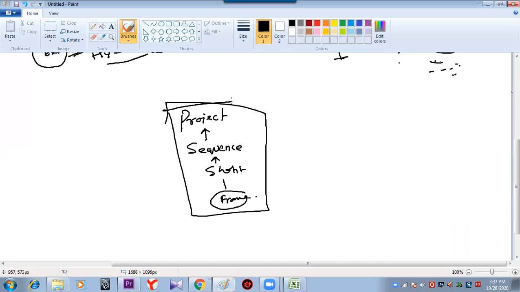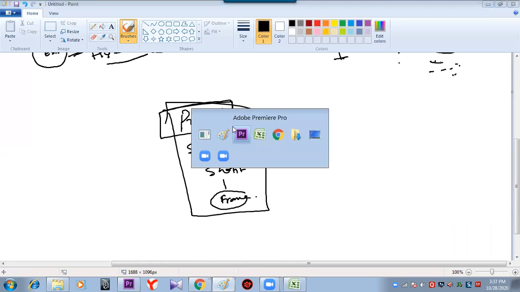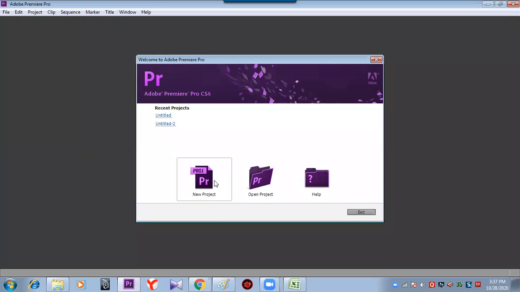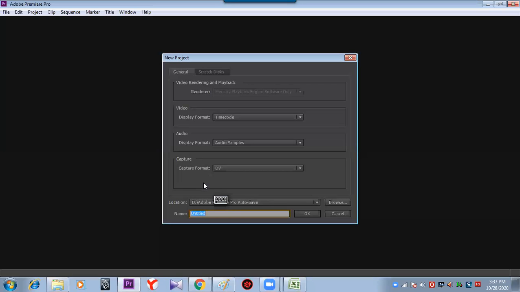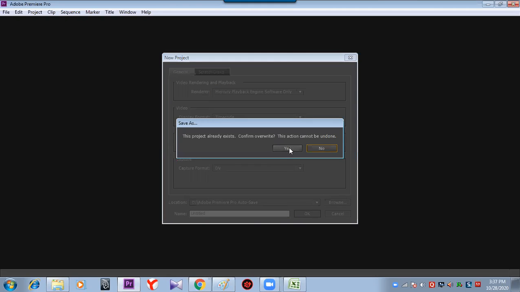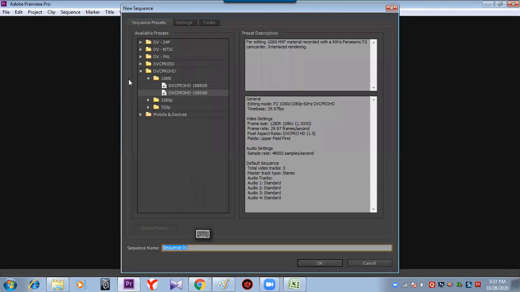And as per that, whenever we open Premiere, it will start asking, do you want to make a project? Yes. Then what is the size and where do you want to save? Second question, where do you want to save? You'll find this space, and you can save it. Now, immediately the software will ask you, what is the size?